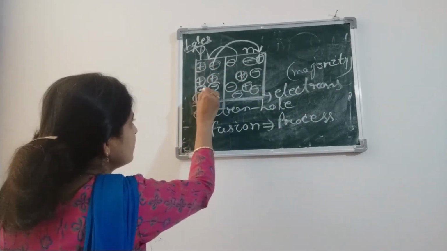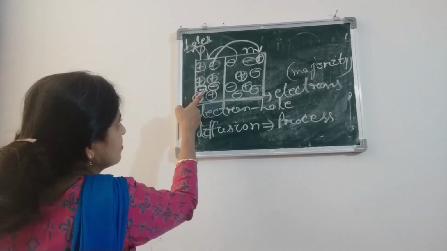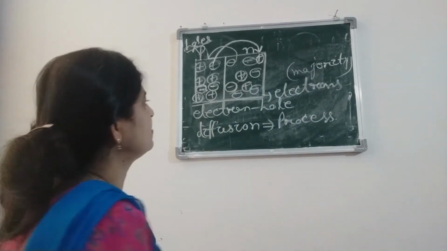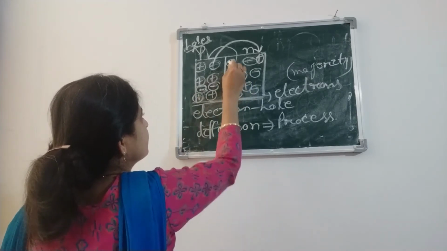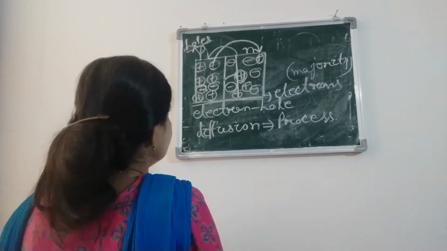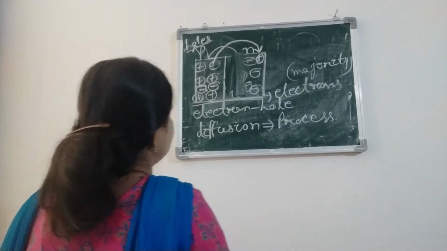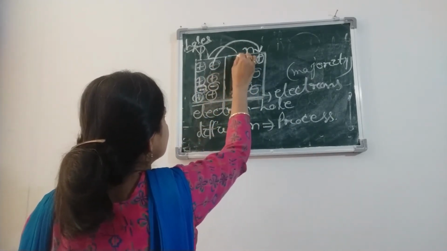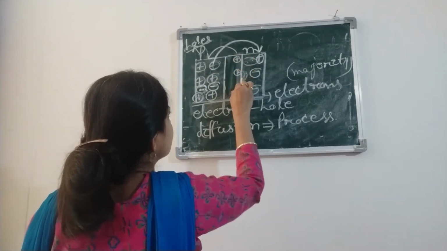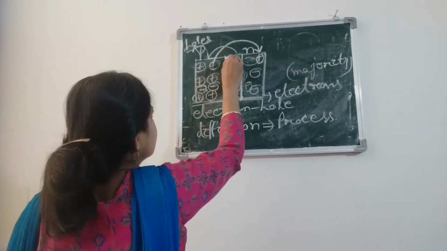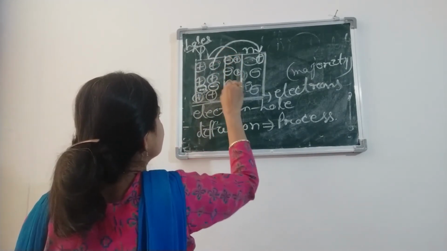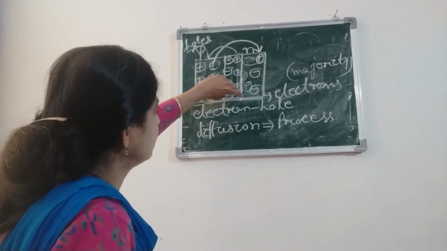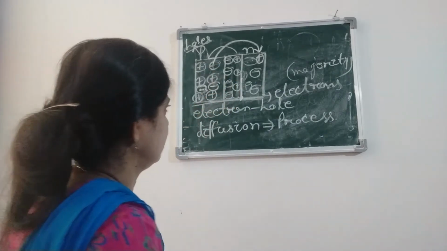Similarly, the minority charge carriers, which are electrons, remain on the P side. Now, if we represent the effect of the minority charge carriers in this diagram,